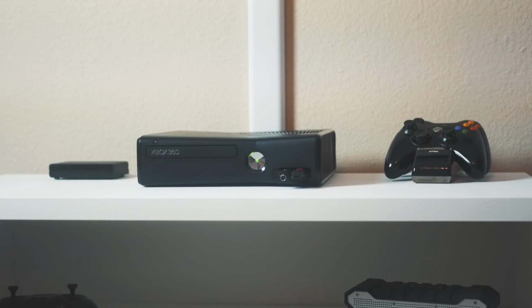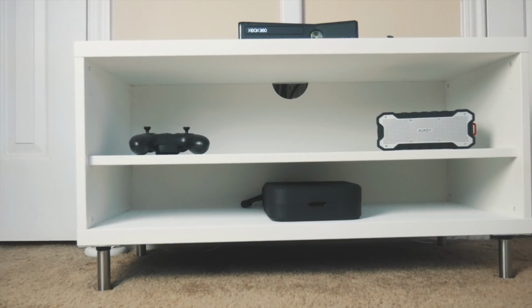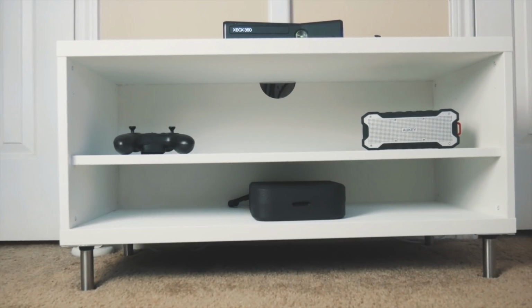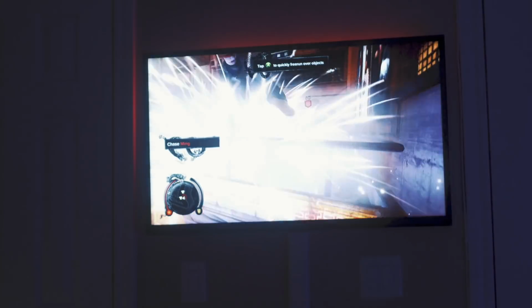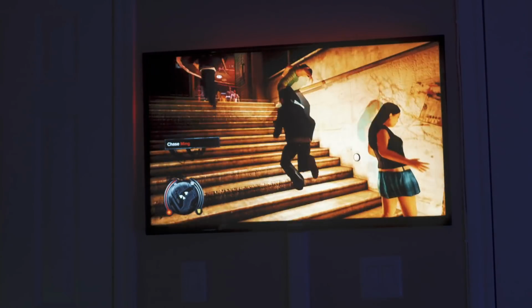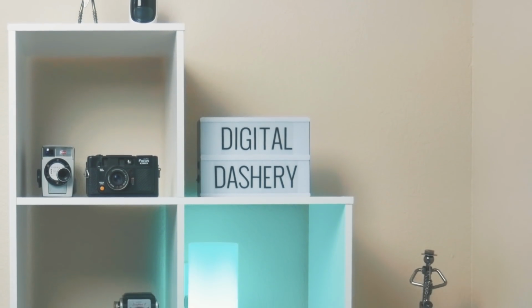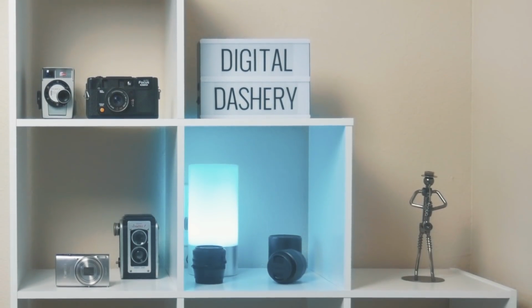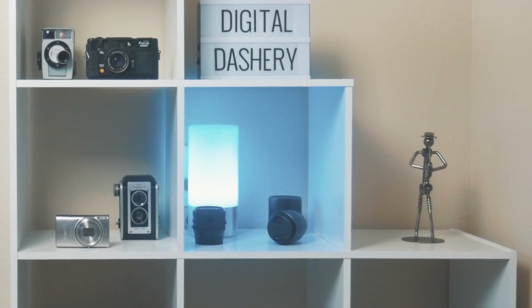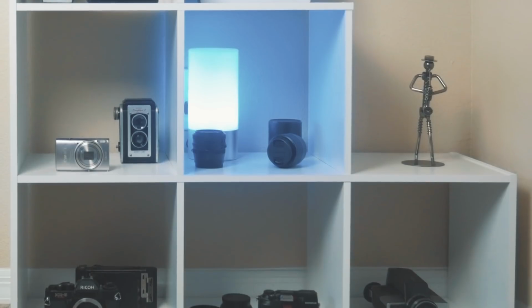I'm not much of a gamer, however, I have a console gaming area with an Xbox 360, a Nyko gold controller charging station, and a few more items on the Ikea entertainment unit. This is all connected to a Hisense 42-inch 1080p television that surprisingly has great display. Across from that, I have a 6-cube display unit that features my camera lenses, a few antique cameras that one of my friends gave me, also the Digital Dashery signs there, and this has the Anki RGB touch lamp, the Reolink wireless security camera, and some more